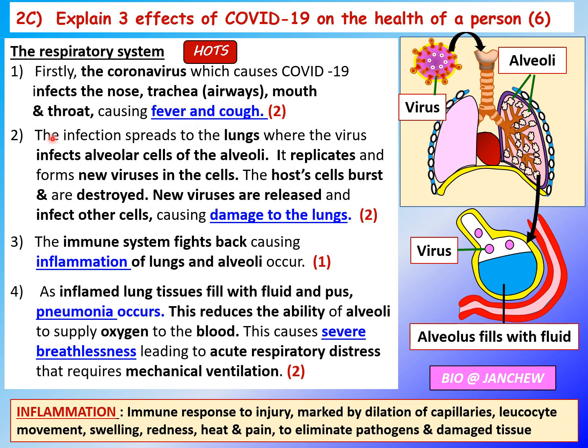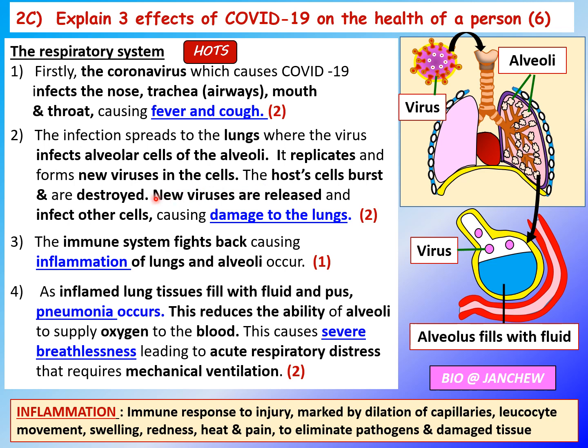So number 2, after infecting the upper respiratory tract, the infection will spread to the lungs. That means the virus will then move down to the lungs, the lower part of the respiratory system, and attack the alveoli, which are the air sacs. So the coronavirus will infect the epithelial cells on the alveolus or alveoli, and these are called the alveolar cells. It enters these cells where it replicates, meaning it will produce more new viruses just like itself by using